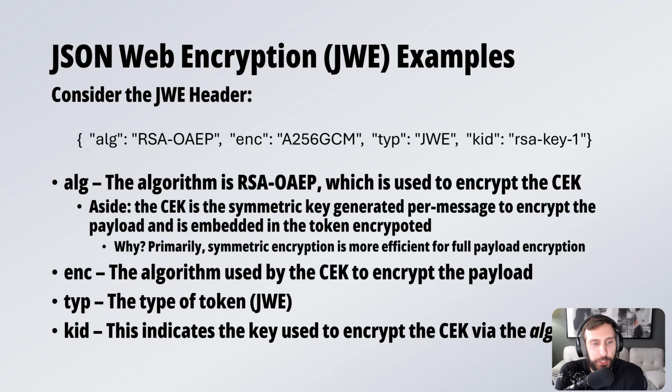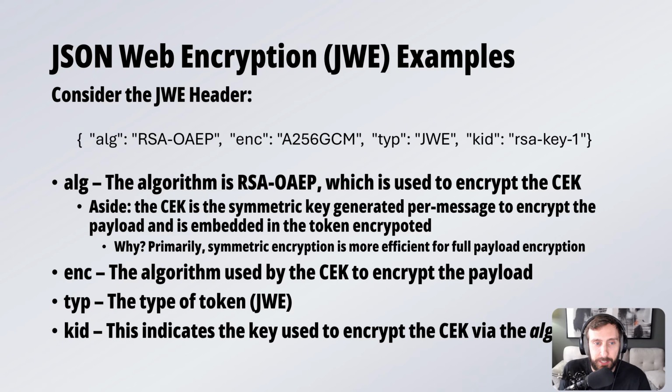The enc is the encryption algorithm that is used to encrypt the payload. The alg is the algorithm that is used to encrypt the encryption key, or the CEK, and then the enc algorithm, so AES here, you'll note, is a symmetric algorithm. It's AES 256 in GCM mode. It is an algorithm that is then used by the CEK in order to actually encrypt and decrypt the payload